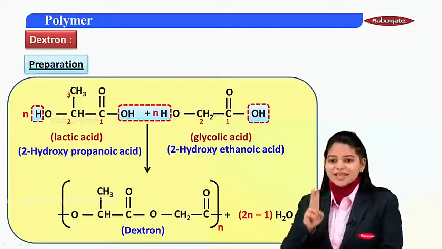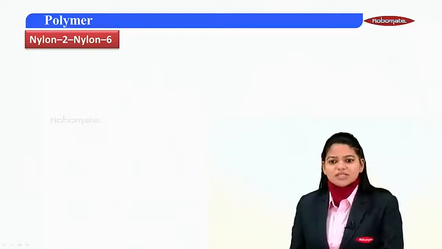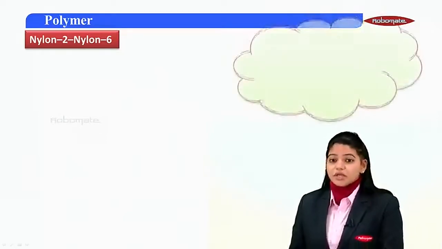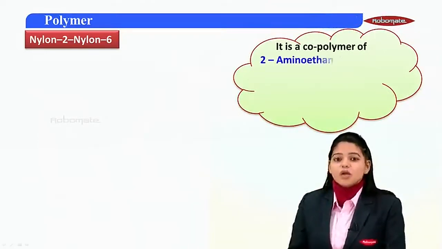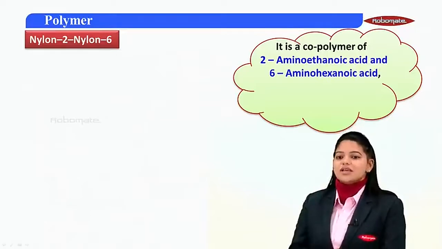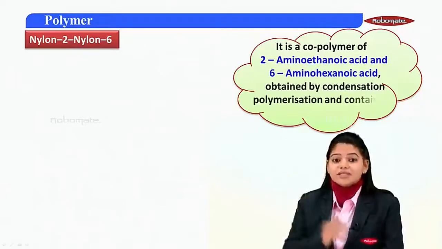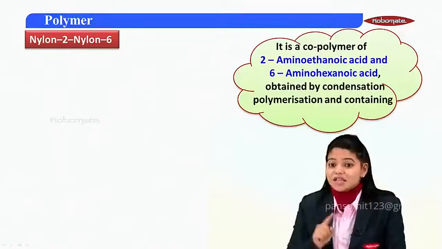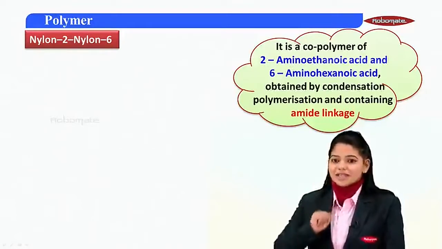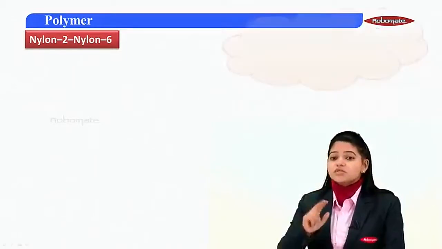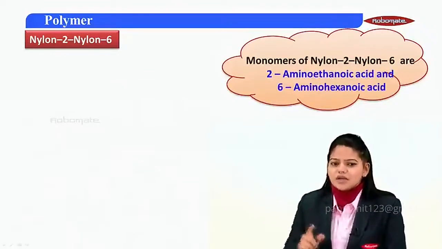Let us start with our second example, nylon 2 and nylon 6. Now what is this nylon 2, nylon 6? It is a copolymer, formed by two monomers: 2-aminoethanoic acid and 6-aminohexanoic acid, formed by condensation polymerization, and the linkage present between these two monomers is an amide linkage. So which are the two monomers in nylon 2 and nylon 6? You all know the answer. It is 2-aminoethanoic acid and